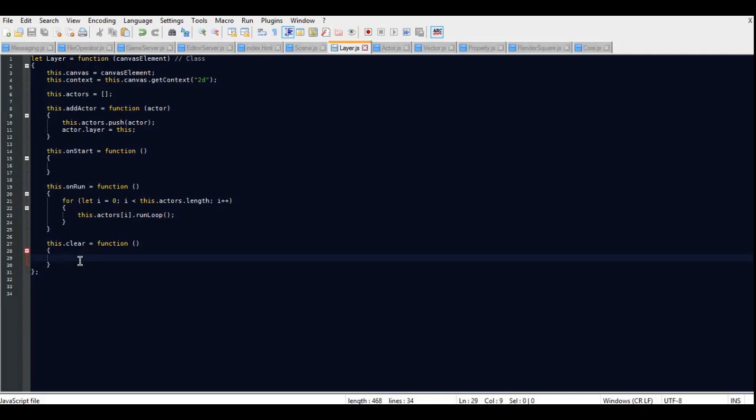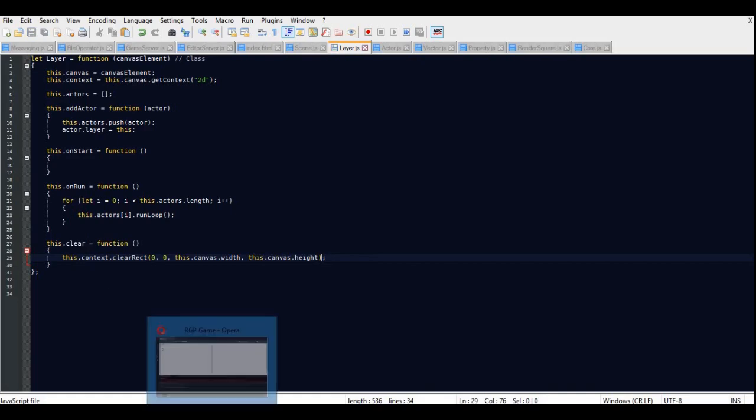Now all I've got to do is grab this dot context, clear rect, 0,0 to start the box, this dot canvas dot width, this dot canvas height,